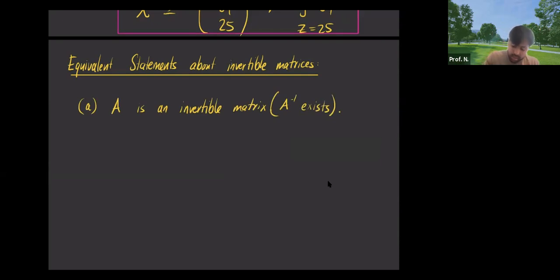Okay. And then what's another statement that means the same thing as saying that it's invertible? It means that the row reduced echelon form of A is the identity. And we say A is n by n. So if you have an n by n invertible matrix, the inverse exists. That's what it means to be invertible. Because it's invertible, the row reduced echelon form of A is the identity. What else is true? It means that A inverse is equal to the